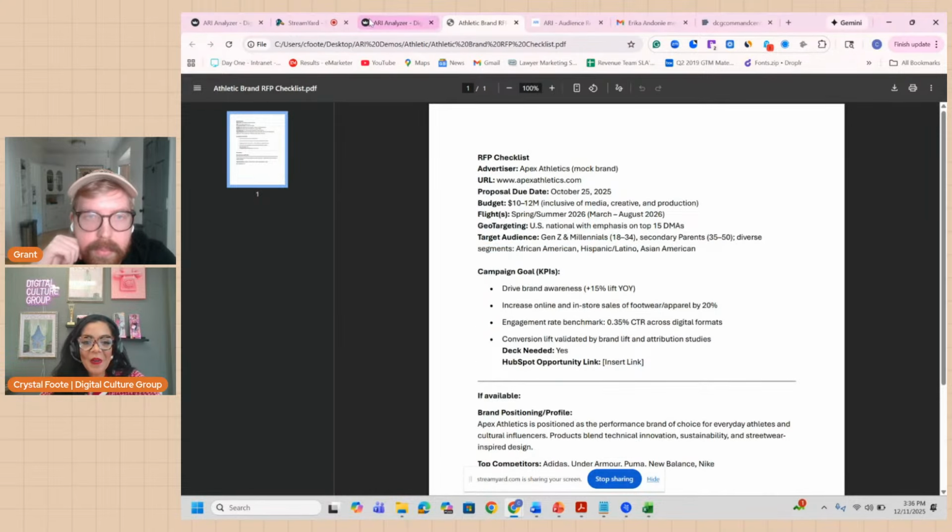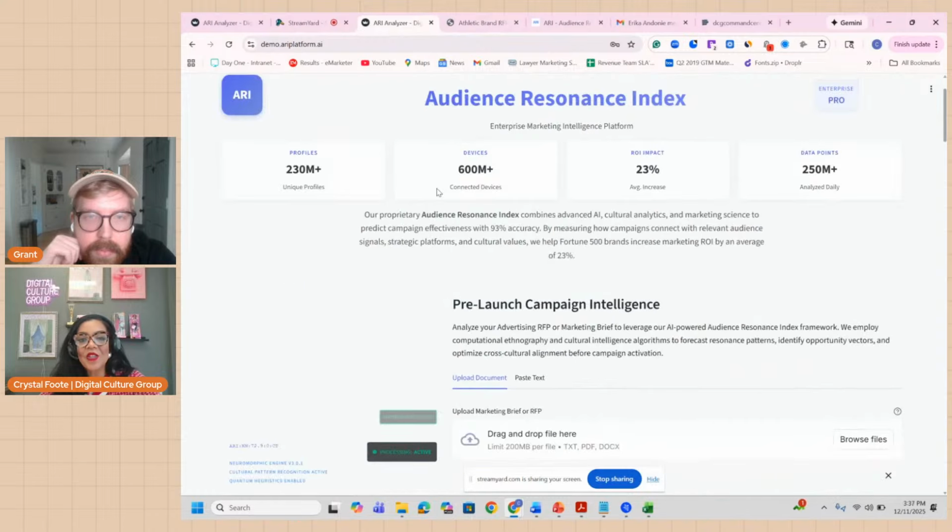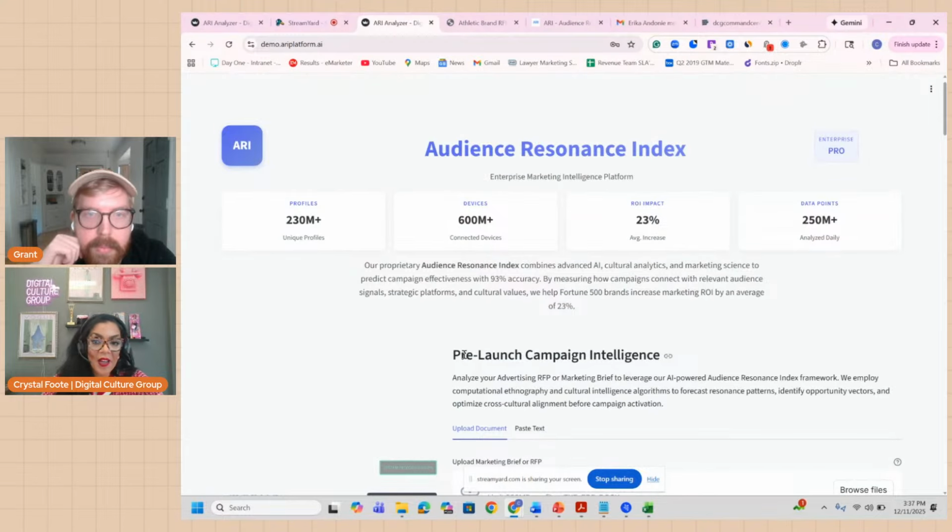But from there, we upload that RFP into Ari. And Ari is using API keys for AI. We're using US Census data. We're feeding it articles from Nielsen. We're feeding it articles from the ANA and AIM, as well as eMarketer, to make sure we can have predictive analytics, but also make sure it's socially responsible, because we don't want to influence a brand to reach a certain audience if we don't have those key insights about certain groups of audiences that we want to reach.